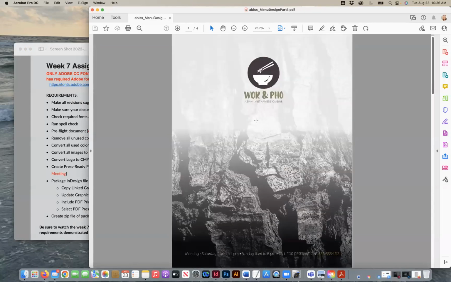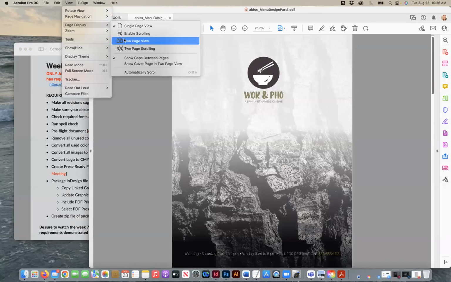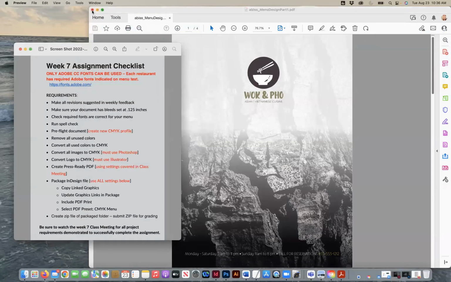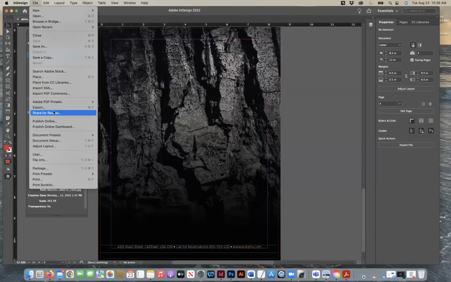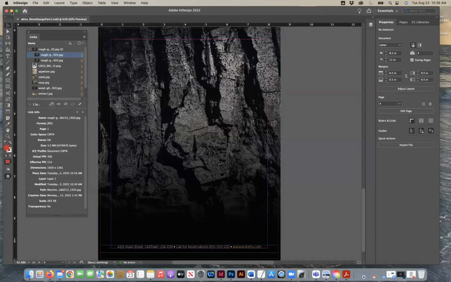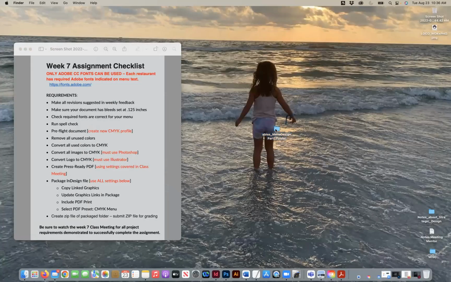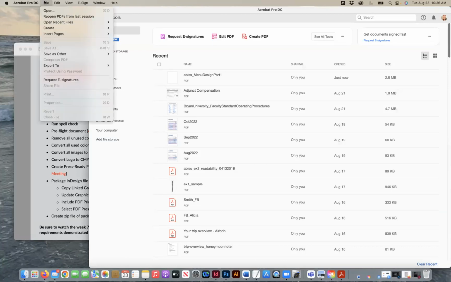All right. So let's see, page view. Yes, there is a way that you can do, and I'm going to go back and show you. Let me go back. I'm going to do this all over again. So let me delete this packaged folder here. There is a way in Adobe Acrobat in your settings if you want to do a side-by-side